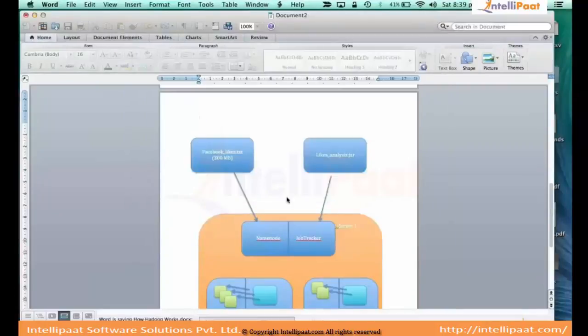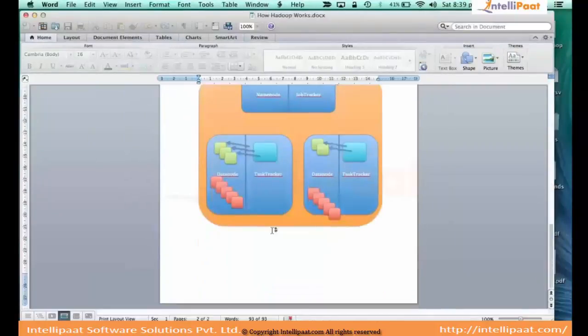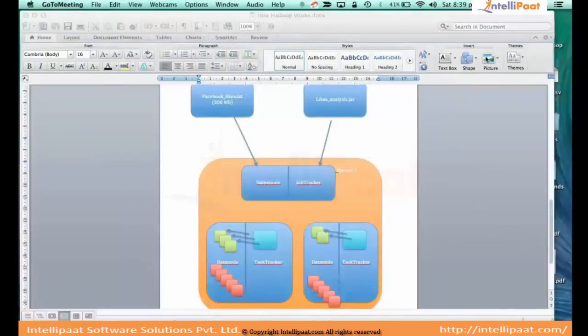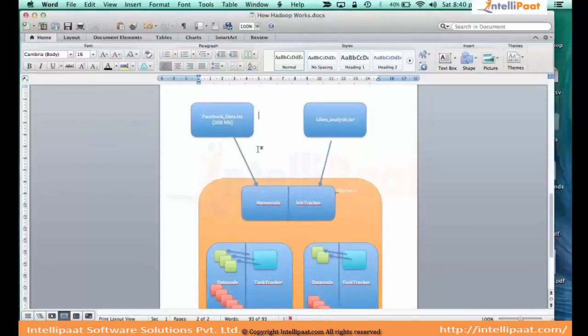All right. So you have storage and you have processing. The master for storage is called name node and slave is called data node. The guy who takes care of processing is called job tracker and the slave for processing is task tracker. This part is fairly critical. If you understand this, you are already aware of how Hadoop works now.